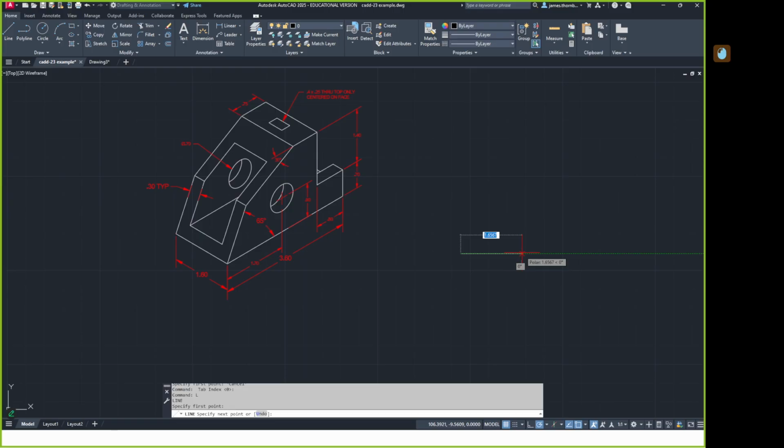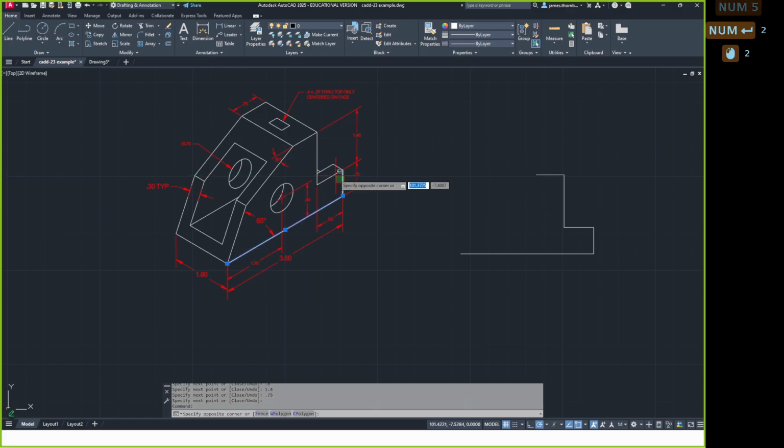I'll go 3.6, point up, go 0.7, come back in, 8, go back up, 0.4, go that way, 0.75. So I just drew this line, these two lines, that line, and that line, right? Does that make sense? Just point, tell how far to go, point, tell how far to go. And now from here,